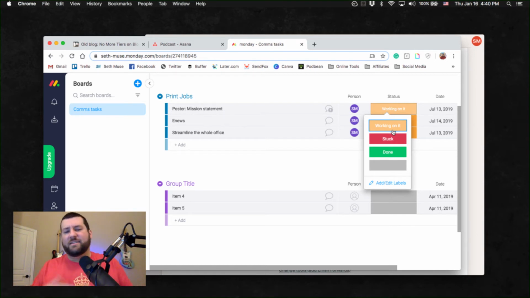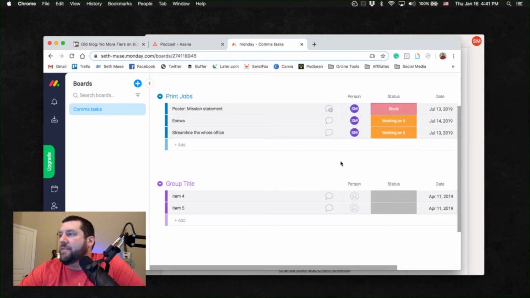Asana's not, again, Asana's not going to be colorful. It's just not creatively colorful and pretty like these other ones are. Monday kind of is a little bit. Trello definitely is. But color codes help your eyes snap to things quickly. And so when you've got a lot of things going on, it's pretty helpful. And you can create your own label for different things. So if I were a project manager, I come in and I go, uh-oh,